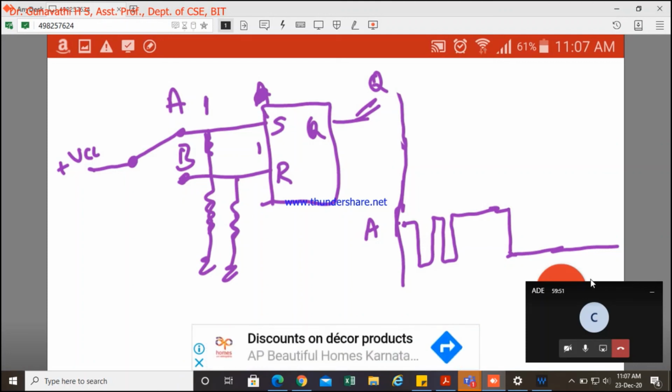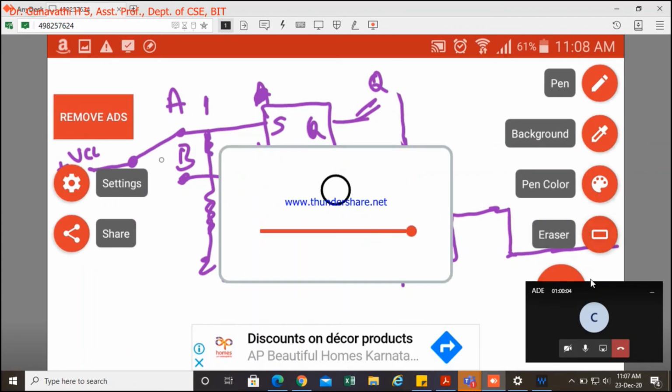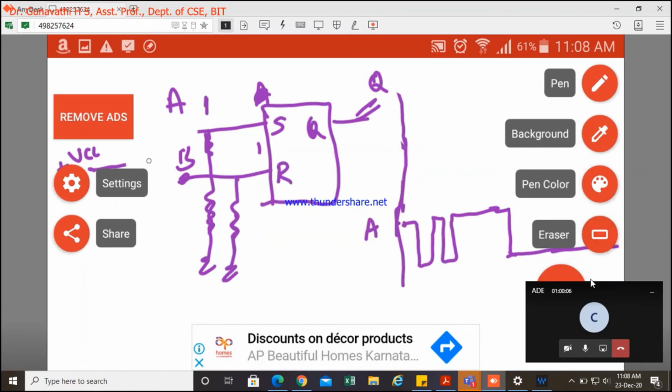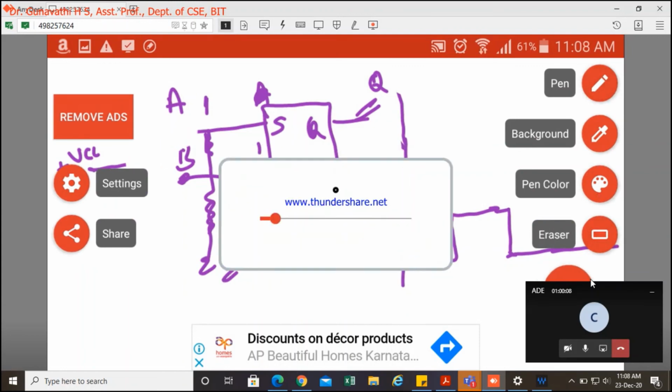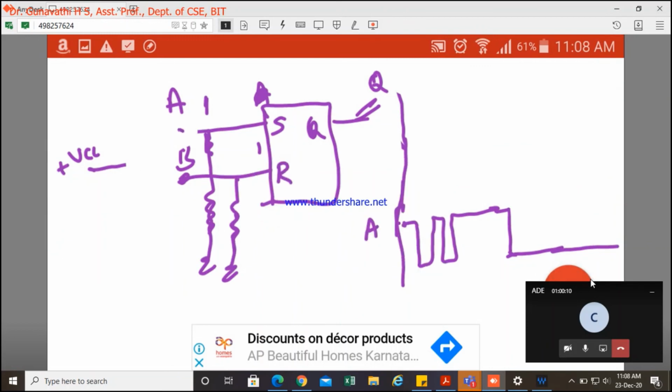So we'll just assume the switch has been connected for A for the time being. So this was the output across A, and now let me connect my B. Only when you connect it to B can you get the bouncing effect across that. Okay, so this was A. Now I connect my switch to B. So with that I will have a bouncing effect across B as well.